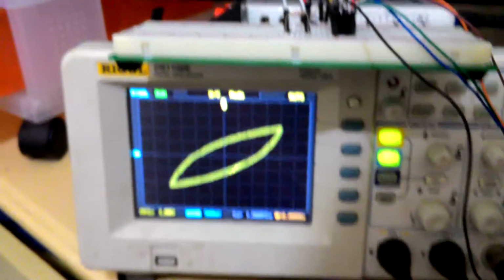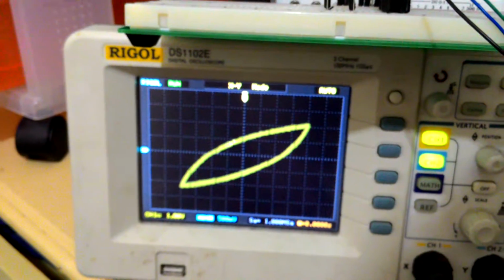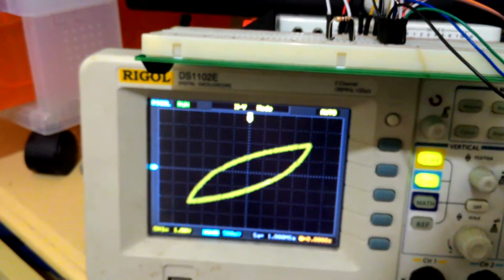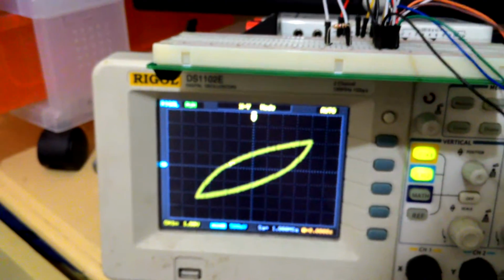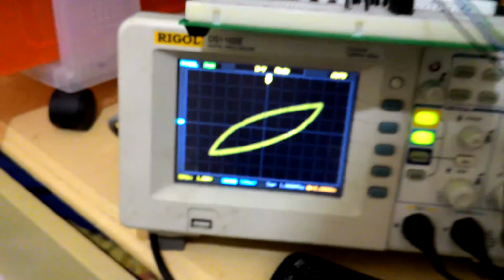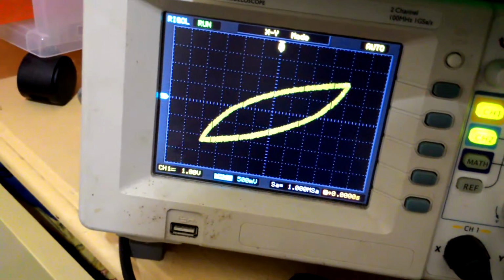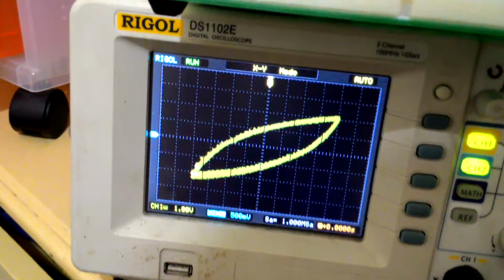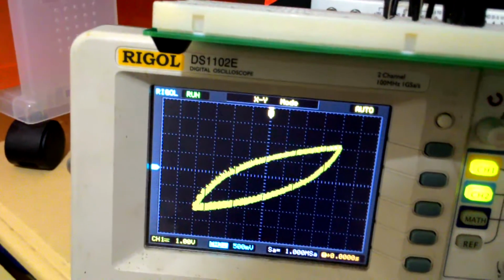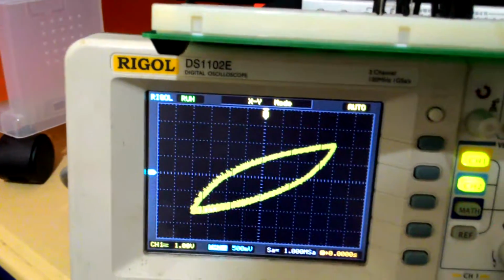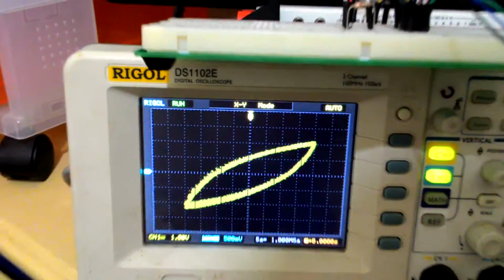And right now what you see is the response of the cell, and this is when the transducer is off. And now I am about to turn on the transducer by connecting this cable, and I want you to observe the plot as I turn it on. Okay, so I just turned it on. So as you can see, it does change a little bit, but it is not that significant.